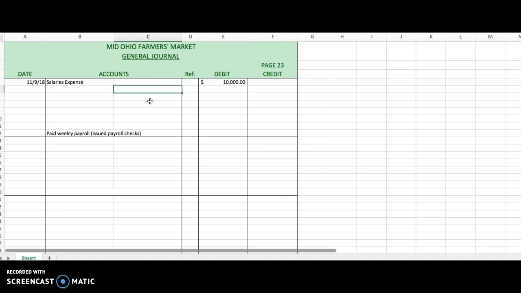The federal government requires that we take out federal income tax. Now, what this means is all employees have to pay tax to the federal government. But instead of waiting until the end of the year, the government wants the money paid periodically. They want the money a little bit earlier. So whenever we have a payroll, we have to take out some money from our employees, take it out of their paycheck. This is money that they've earned. They've earned $10,000. We will take some of that money out and put it aside into an account that we'll talk about in just a second. And later on, we will pay that money on behalf of the employees to the federal government. So the account is